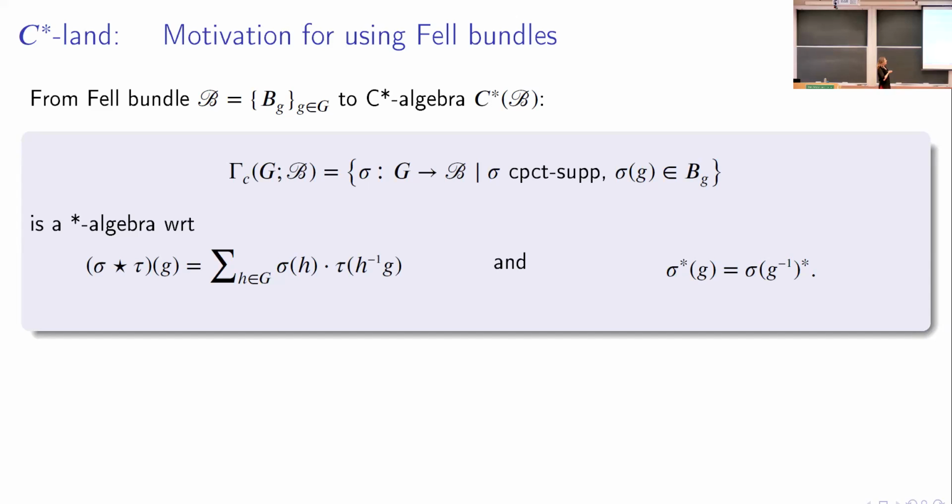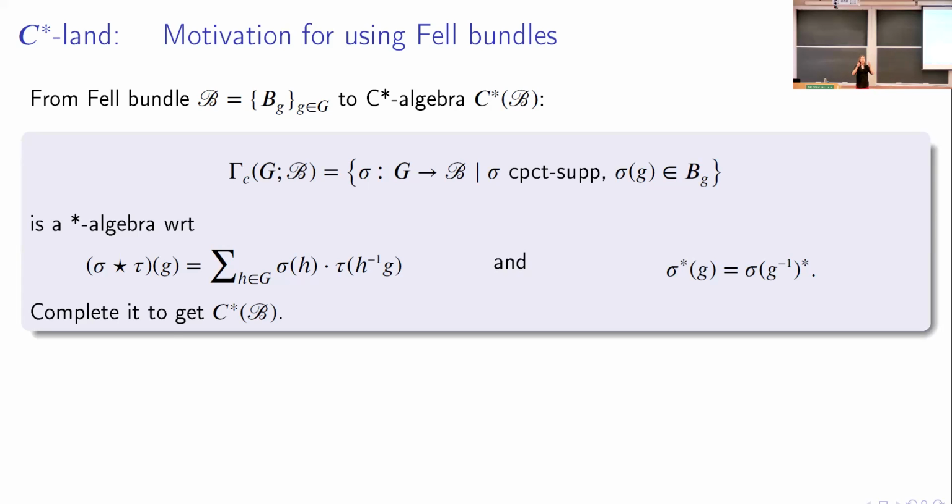And if you remember the talk earlier, this formula looks exactly the same as it does for the étale groupoid C-star algebra, right? It's exactly the same formula. And same with the involution, just that my complex conjugate is now a star. So here, this is the multiplication in my Fell bundle. It's not just multiplication of complex numbers, right? My fibers are not just complex numbers, they can be Banach spaces. And then I complete that in some norm and get a C-star algebra.